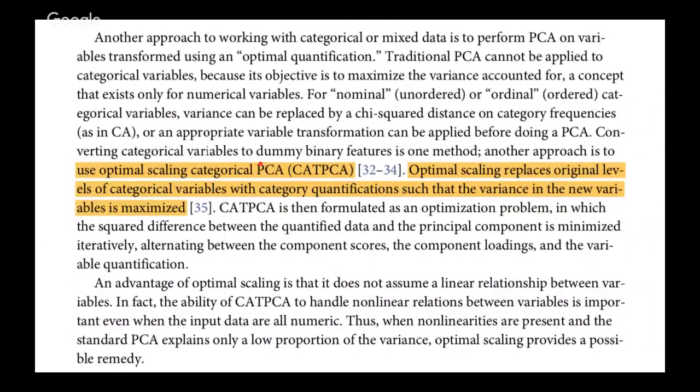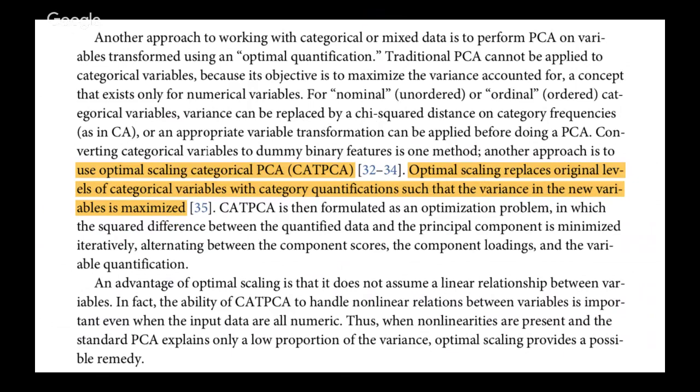So one method for categorical variables that is appropriate, converting categorical variables to dummy binary features, is one method. Another approach is to use optimal scaling categorical PCA or CATPCA. The optimal scaling replaces original levels of categorical variables with category quantifications such that the variance in the new variable is maximized. So we kind of stretch out this categorical data in a way that the quantities are stretched out